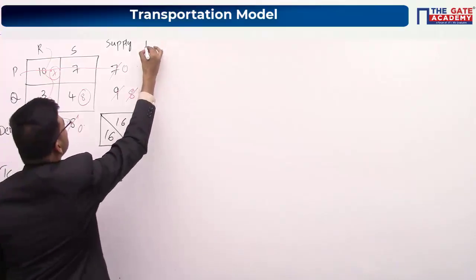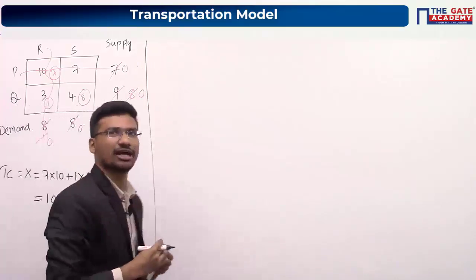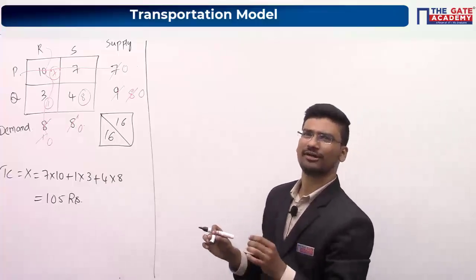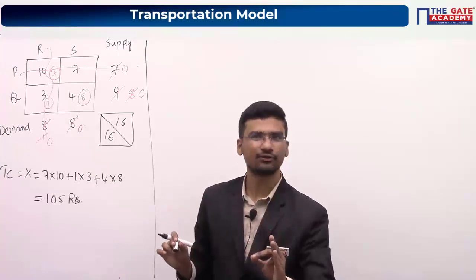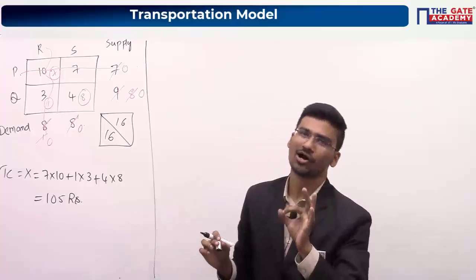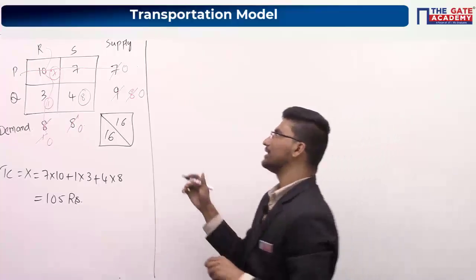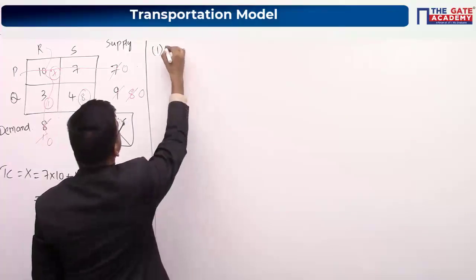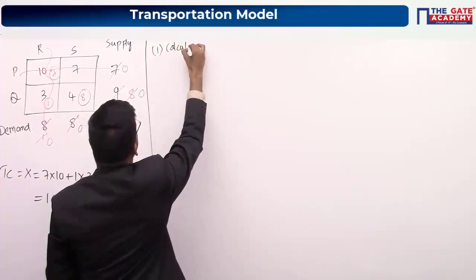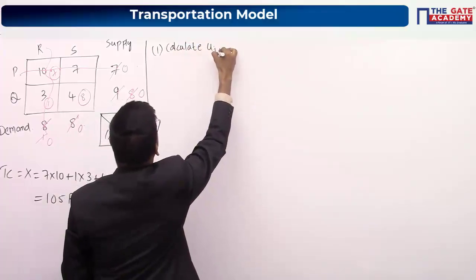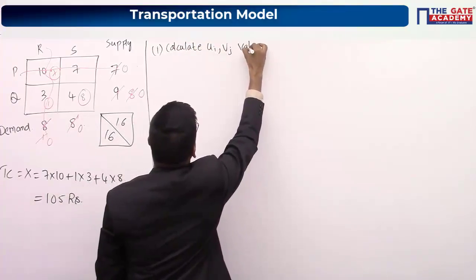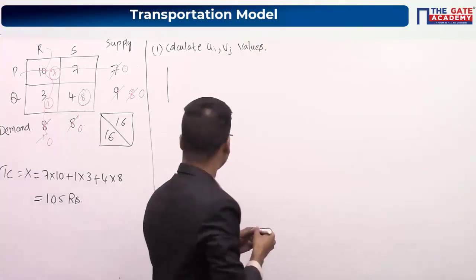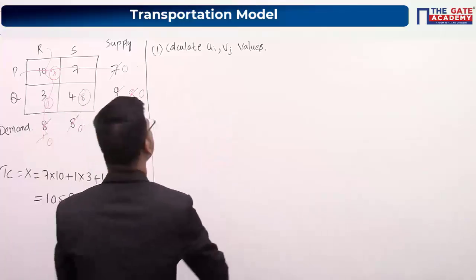Okay. So now for this particular initial solution, you have to apply the MODI method, modified distribution method, to find the Y value or optimal cost value. So what is your first step? I am also doing along with you. In the first step you have to calculate Ui, Vj values for the allocated cells.